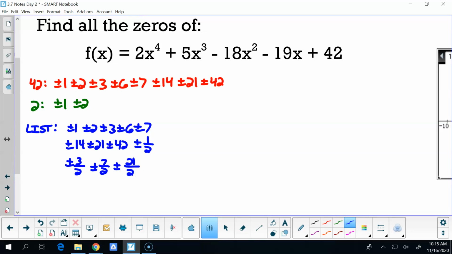So we got a big long list. Okay? Now, we can narrow that down by using